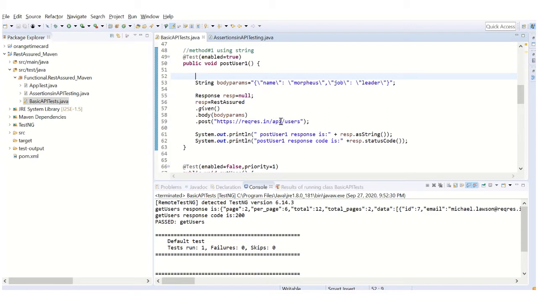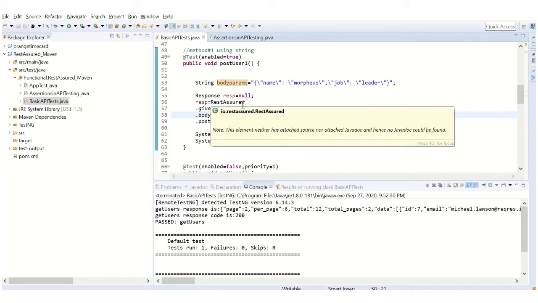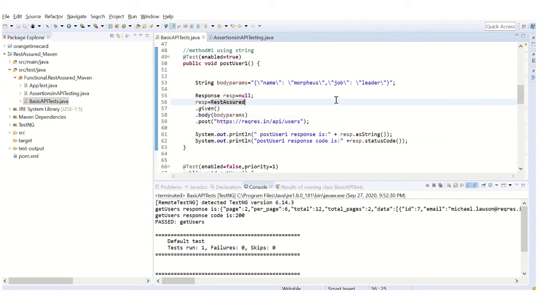And again, you can give this as a base URI initially, and you can use only this part over here. That is also something you can do, but I just did it this way. The other part is you have to make the body. For that, you have to call the body method and then call the post method, so that this URI with this body is run and it will return some response.